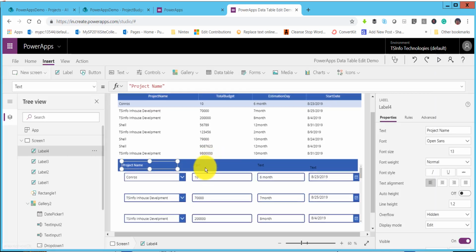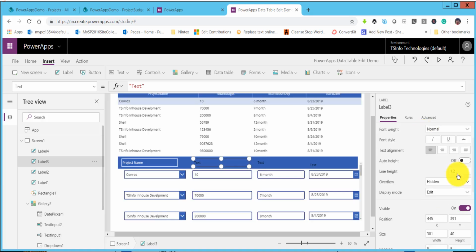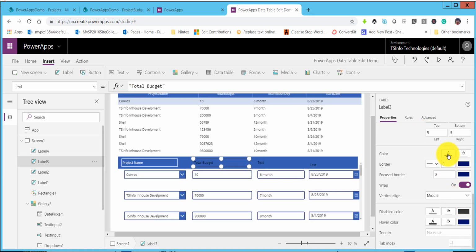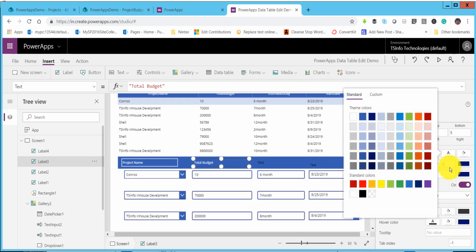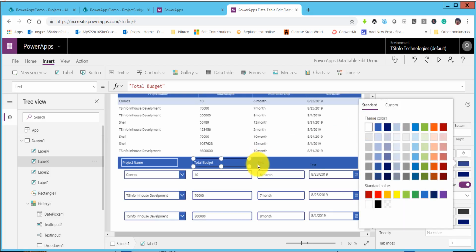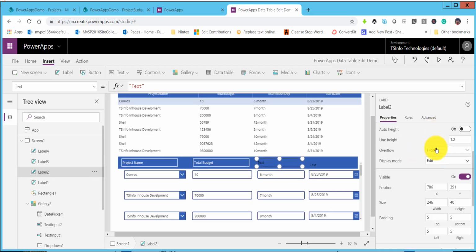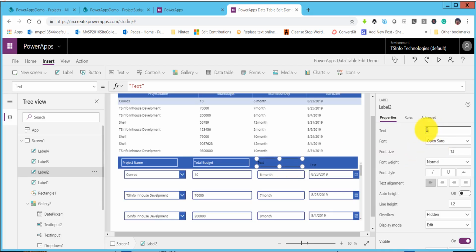Let's just go back. So the second one, I will do the same thing. It will be for the total budget. And here I will also change the same thing, the colors and border. So the color I will make white, and then solid I will take 2, and we can take the color to white. So that way we can take the last one is the estimation date, estimated date,